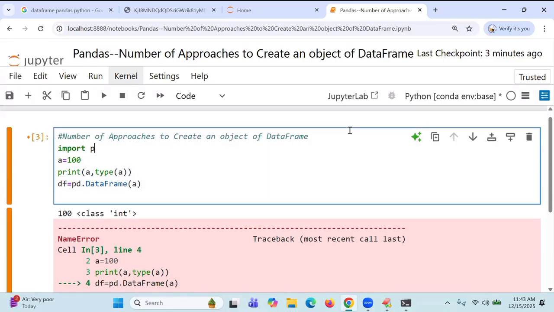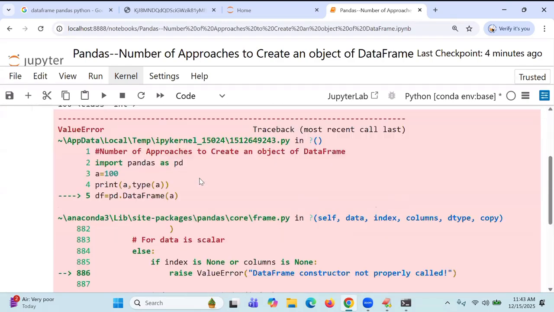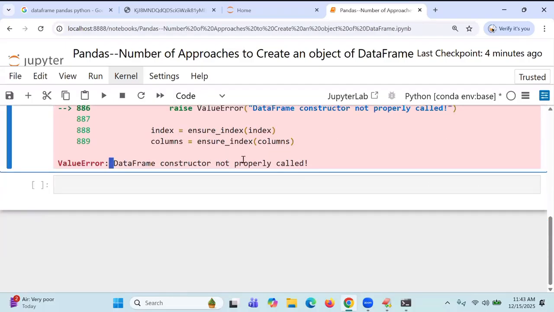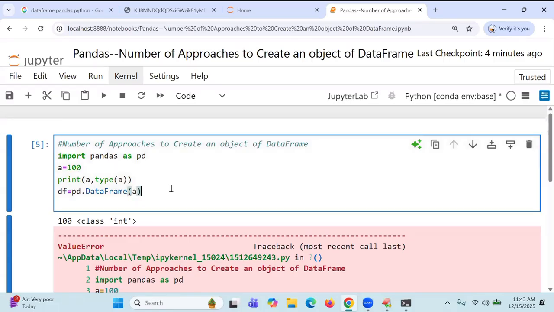Import pandas as pd, right? You see that it is an error. Value error. So read out: data frame concept is not properly called. That means it is not designed for fundamental data types. So a data frame object cannot be created for